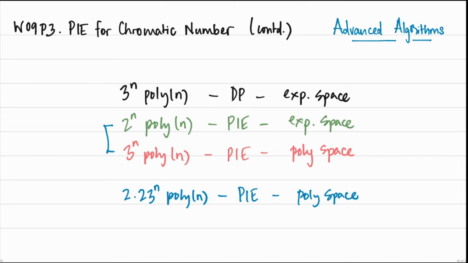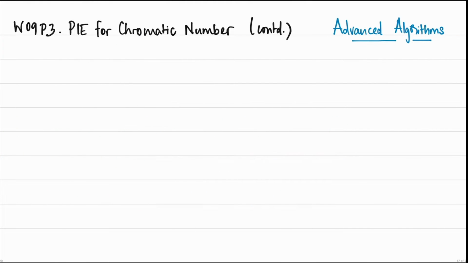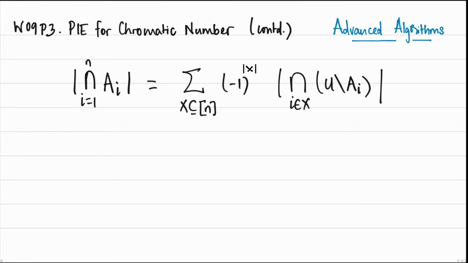All right, so let's start off with our first algorithm based on inclusion-exclusion. Recall that we have a formula at our disposal which counts the size of the intersection of n sets. So this is what that looked like. And to be able to leverage this, notice that one of the key ingredients is these sets. So what are the kind of sets that we want to be working with when we are thinking about chromatic